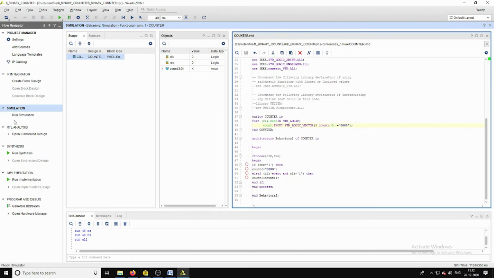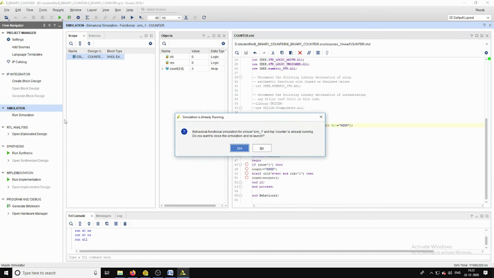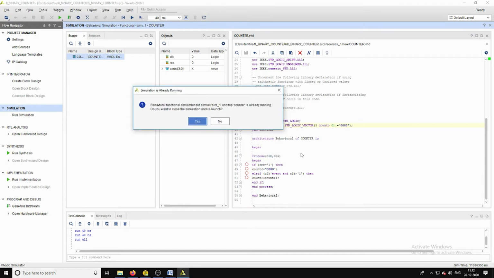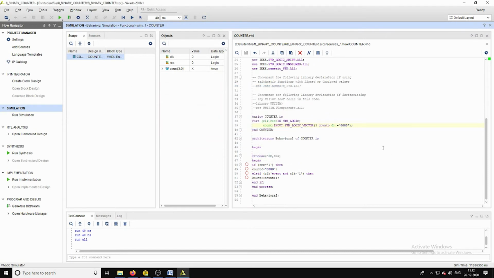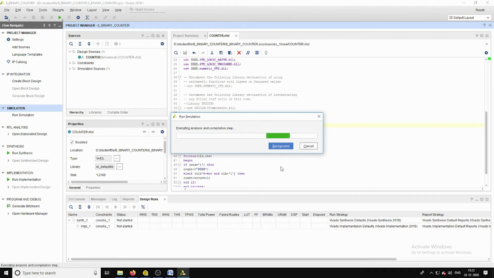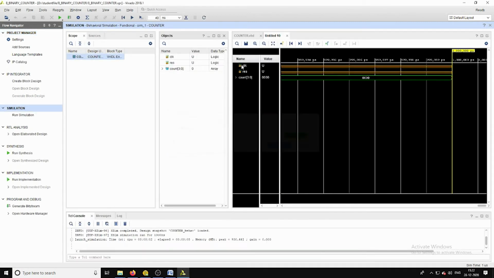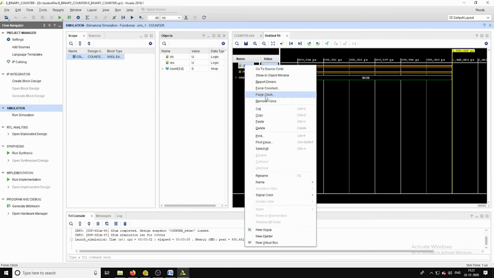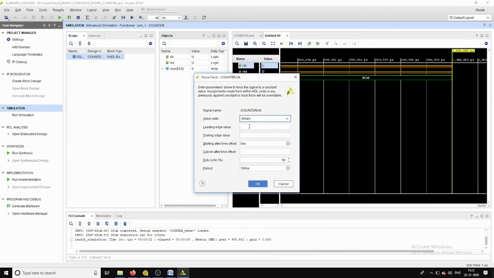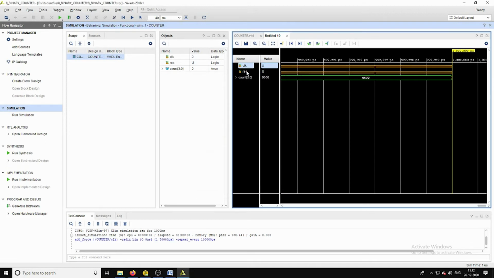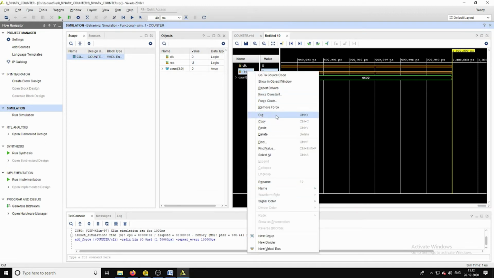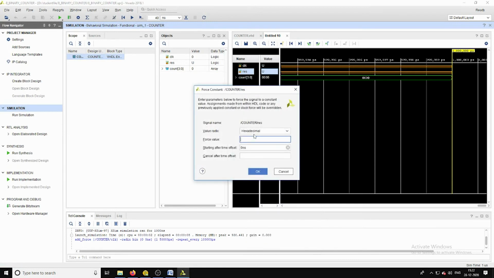Now let us do this same simulation. If you don't assign the input value like this, it can't increment its value. Now I am assigning clock, and the reset signal is by default 0.